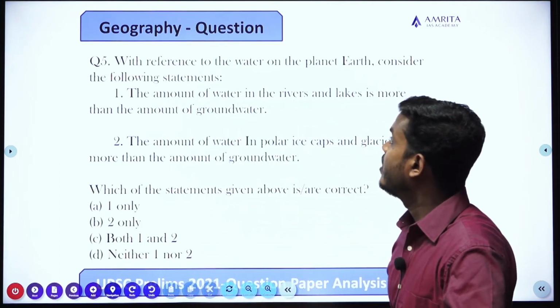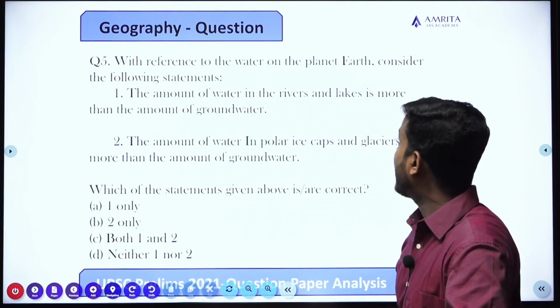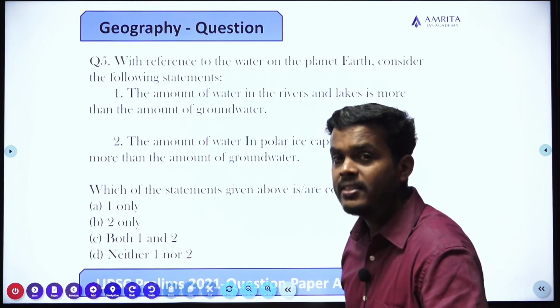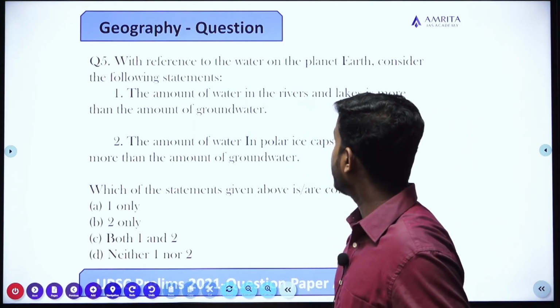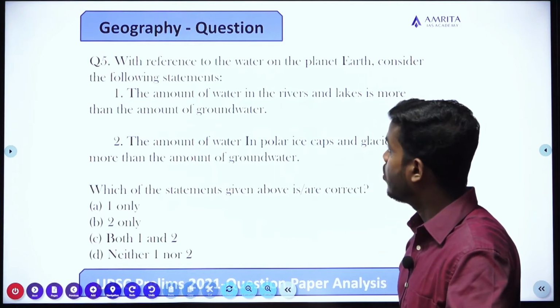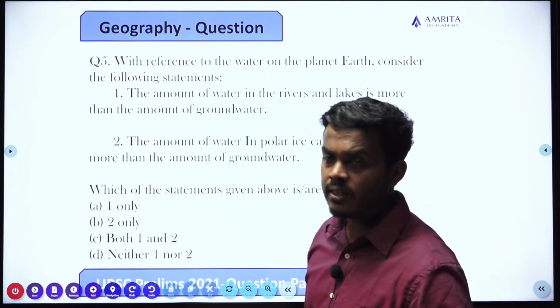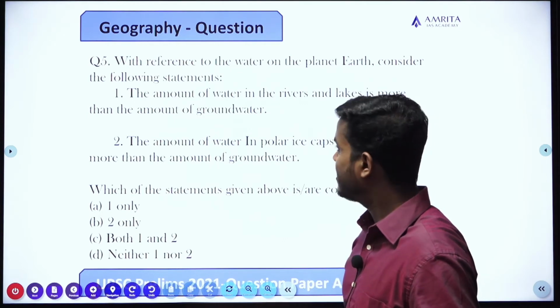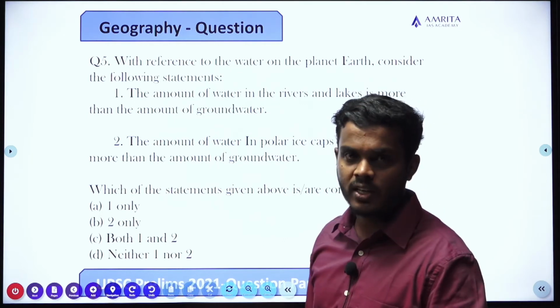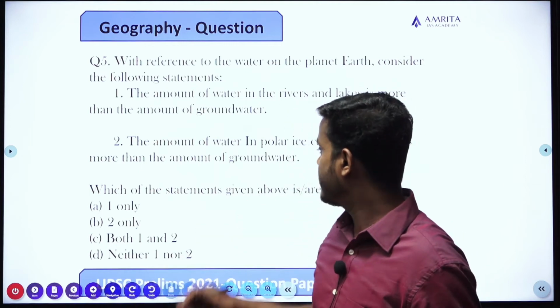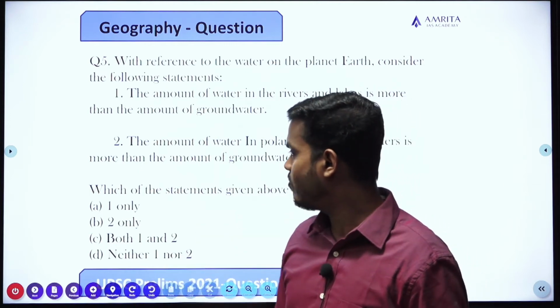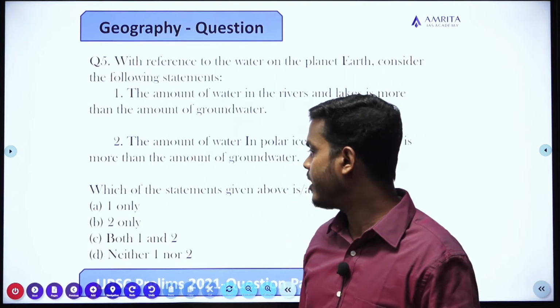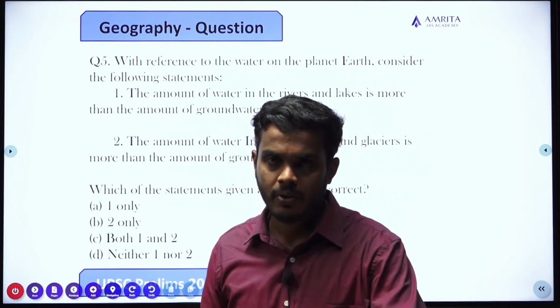Fifth question. With reference to the water on planet Earth, consider the following statements. 1. The amount of water in the rivers and lakes is more than the amount of groundwater. 2. The amount of water in polar ice caps and glaciers is more than the amount of groundwater. Which of the following statements given above are correct? 1 only, 2 only, both 1 and 2, neither 1 nor 2. Okay. Now,